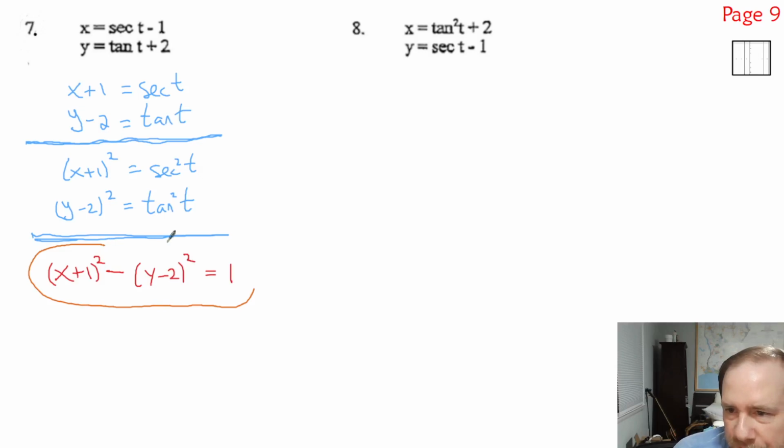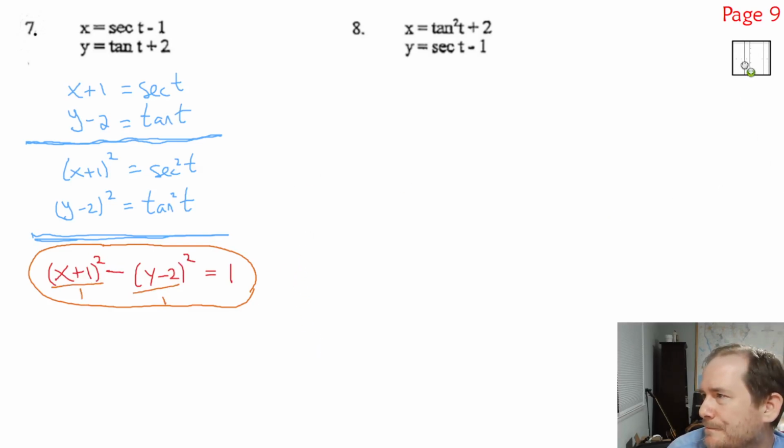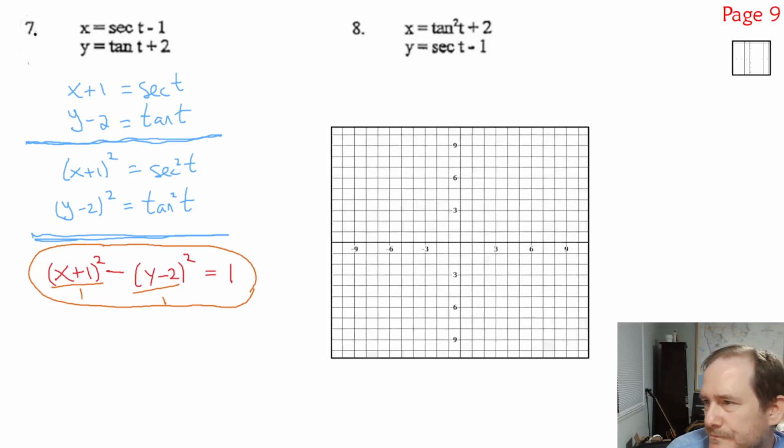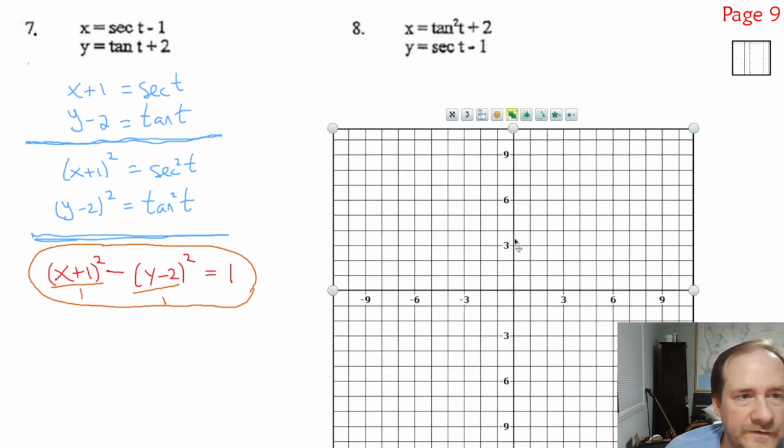Okay, this is still a hyperbola. I did not fix this glitch. Alright, this is still a hyperbola. Technically your denominators are 1 and 1, which would mean that if we were trying to graph this, which we are trying to graph this,